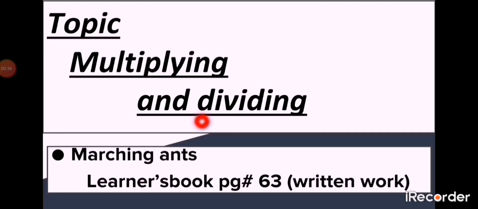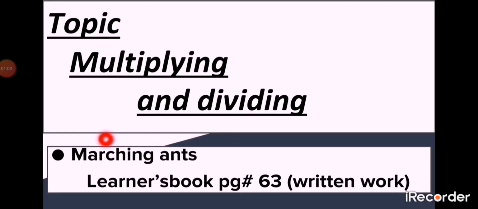The multiplication of whole numbers may be thought of as repeated addition. That is, the multiplication of two numbers is equivalent to adding as many copies of one of them. For example, 4 multiplied by 3, or 4 times 3, can be calculated by adding 3 copies of 4 together. Let me give you one more example. 6 multiplied by 2, or 2 times 6, can be calculated by adding 6 copies of 2 together.